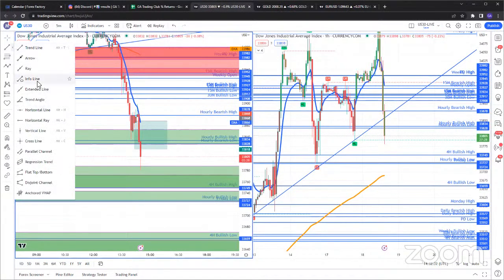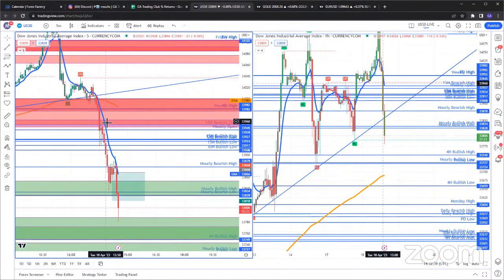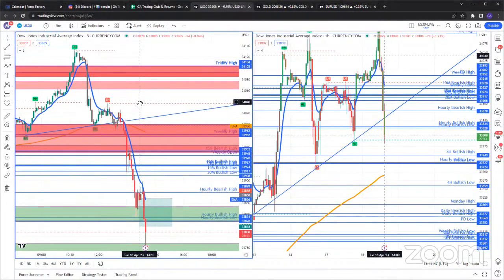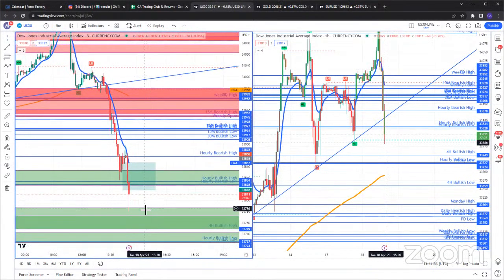If you're looking for a nice reversal, just wait for price to close above the 9 EMA on the 5-minute, and then to retest the 9 EMA and close above the 9 EMA. Because look at this, right? When was price above the 9 EMA? That was 34,020. So that was about